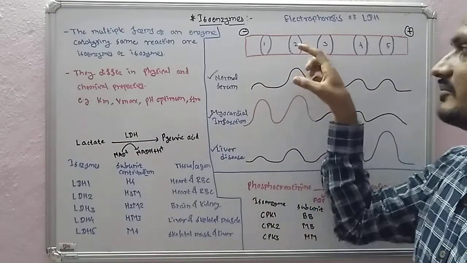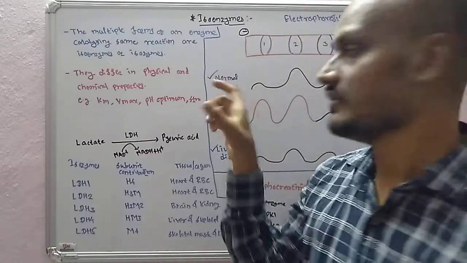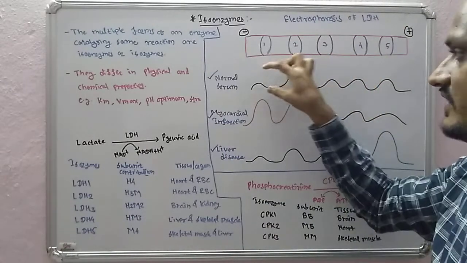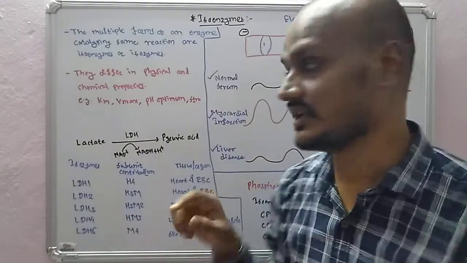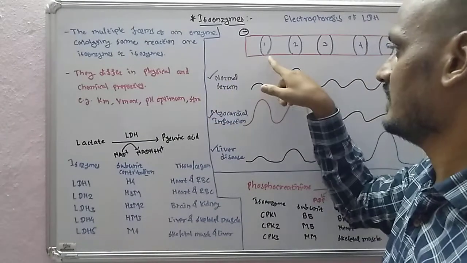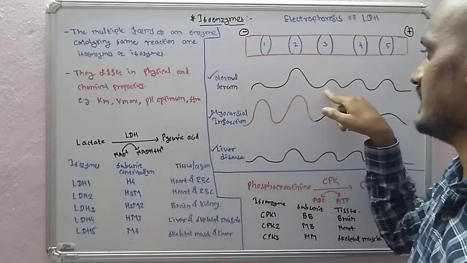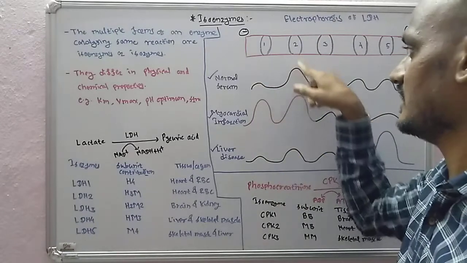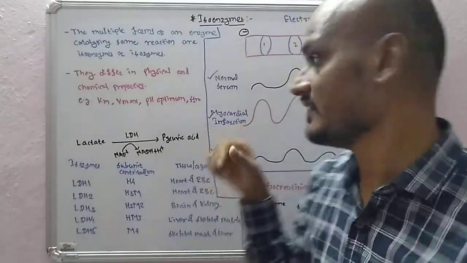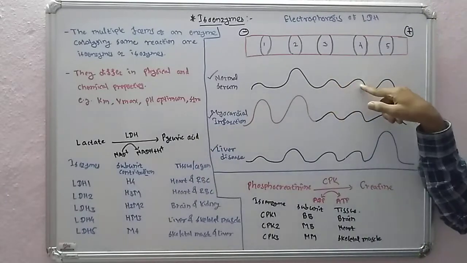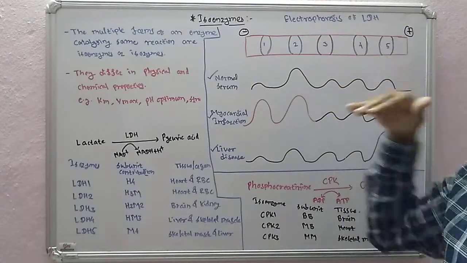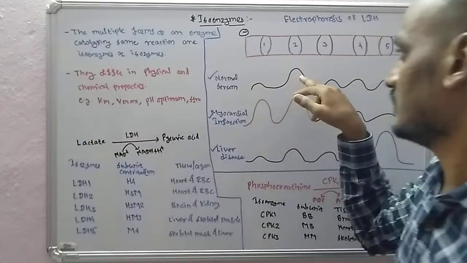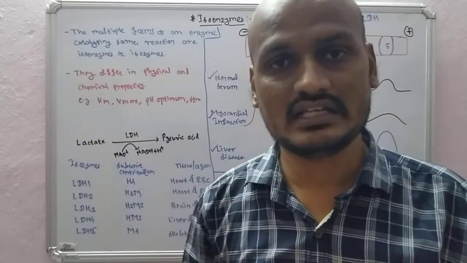Based on how much band there is, we can see its intensity, and based on the intensity of the band we can see how much concentration there is. This is a normal serum: LDH1, LDH2, LDH3, LDH4, LDH5. LDH1 is at a little lower concentration. LDH2 is higher in this serum. We can tell the concentration from the peak height. LDH2 is normally higher in the serum.